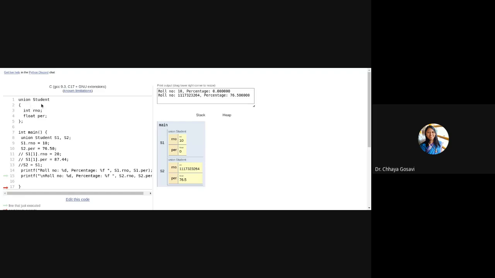That is the only difference. Union allocates just 4 bytes, whatever the maximum size among those particular members. Suppose this is int, this is float.